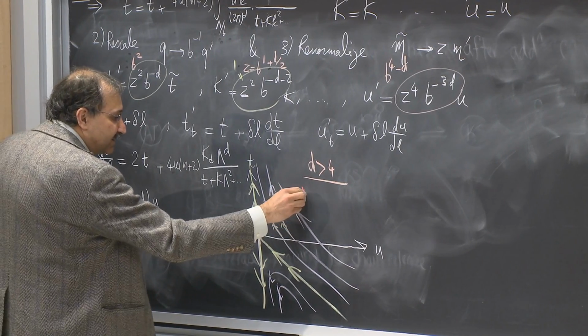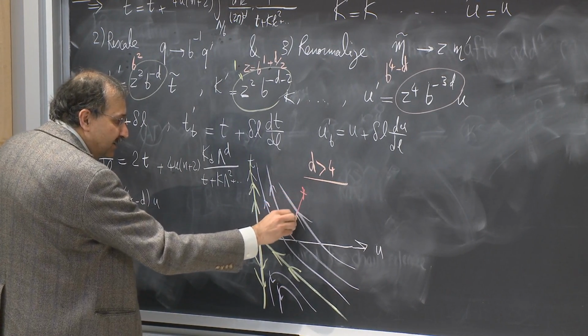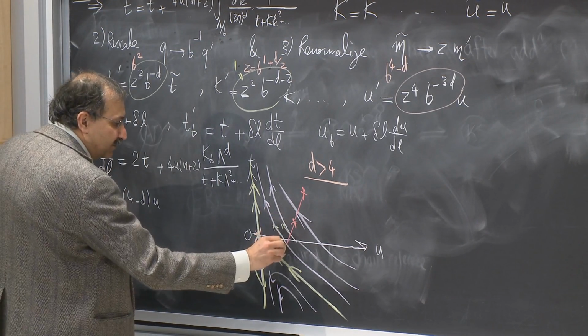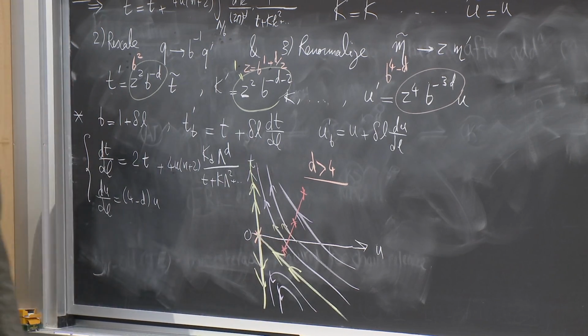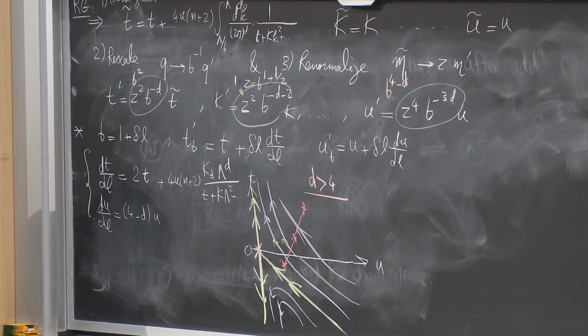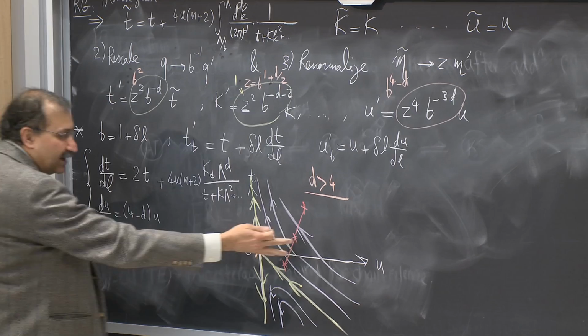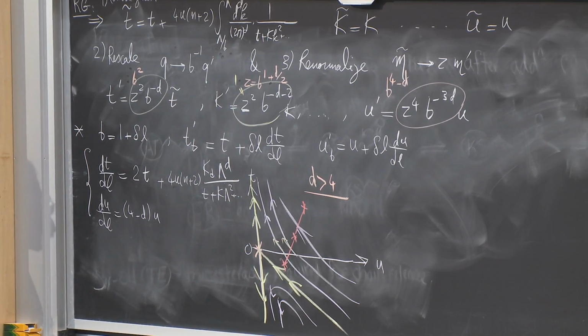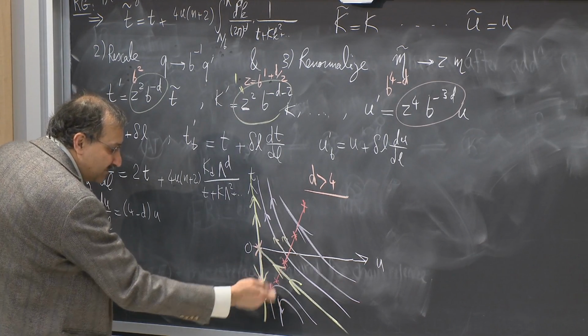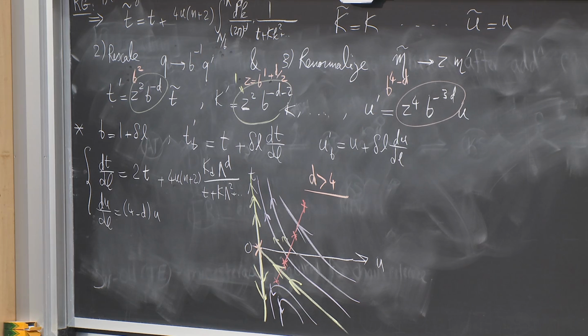If I change my system to have a lower temperature, I will be looking at a point such as this. As I lower the temperature, I will be looking at some other point, presumably. But all of these points that correspond to lowering temperatures, if I also now look at increasing length scale, will flow up here. Presumably, if I go below Tc, I will be flowing in the other direction, where t is negative, and then the u is needed for stability, which means that I have to spontaneously choose a direction in which I order